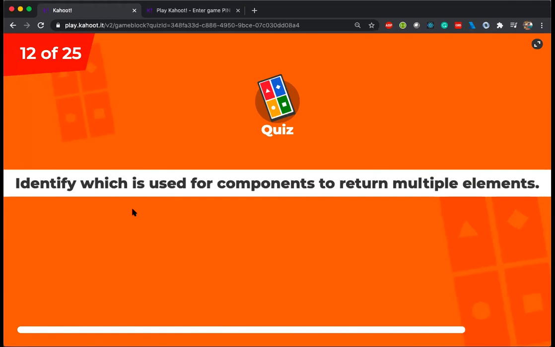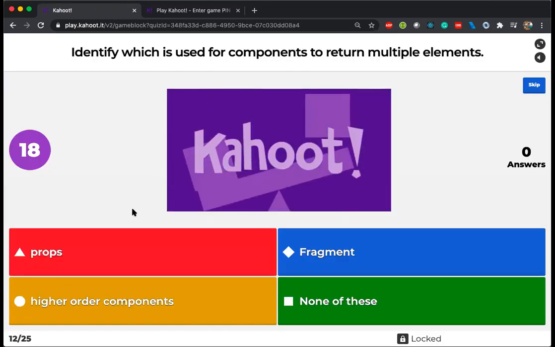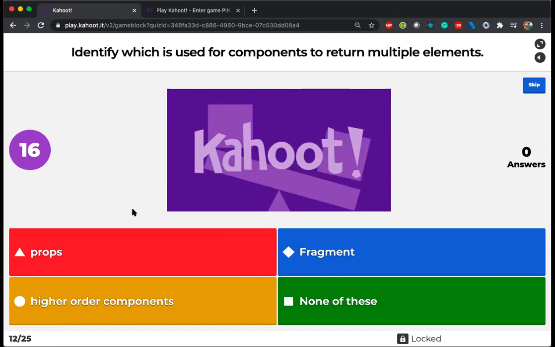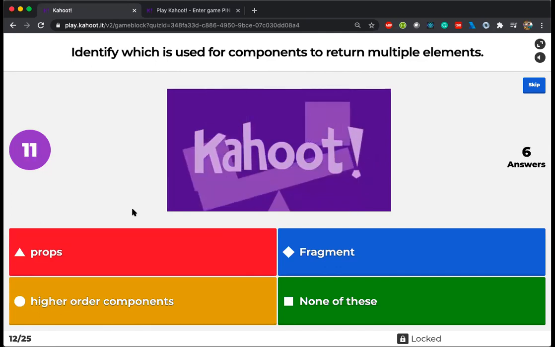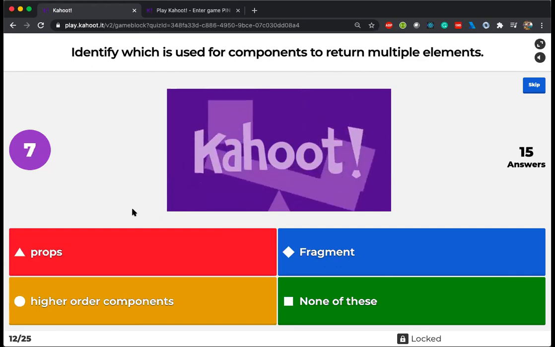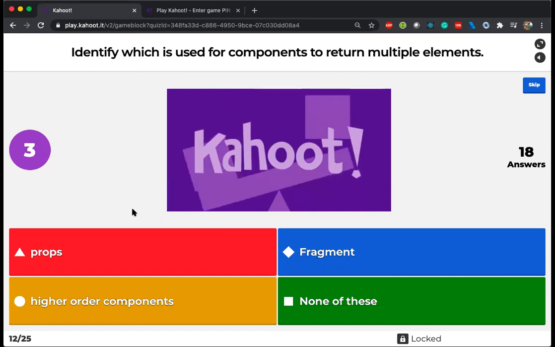Identify which is used for components to return multiple elements. I don't know whether you will get this or not. Let's see how many of you get this. Yes, Bikram, it is deprecated, the method that you're asking for. 17 answers, 18 answers,